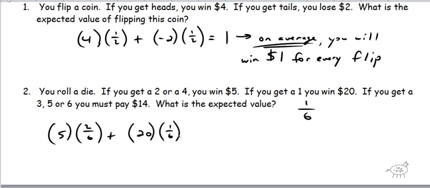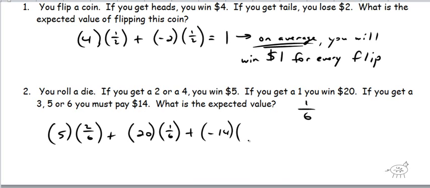Now what I don't want you to get confused of is the first problem I did, I actually used the number. I used the 1, 2, 3, 4, 5, 6, if you look at the top of your note sheet there, or middle of your note sheet. Here I'm assigning a dollar amount to the die. Okay, so don't try to use the value of the die. I mean, if I just said what's the expected roll value, then of course you're using 1, 2, 3, 4, 5, 6. But if I said, well, if you roll a 1, you get this much, a 2, you get this much, then you assign the monetary amount to the die. But you got to make sure you have a probability in there too. It's very, very important.